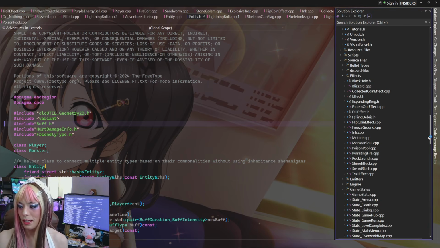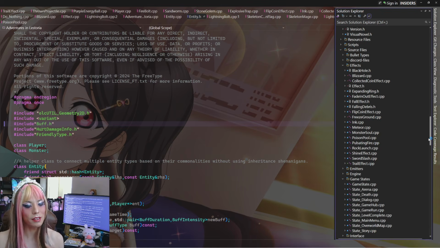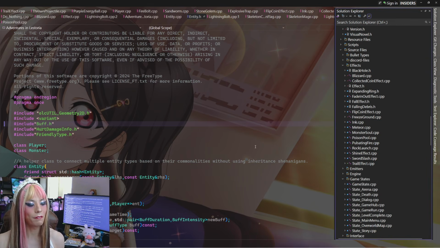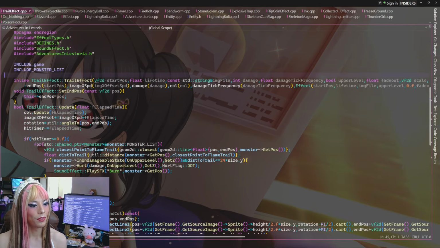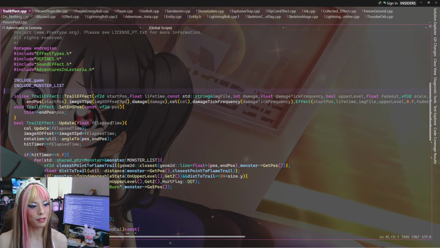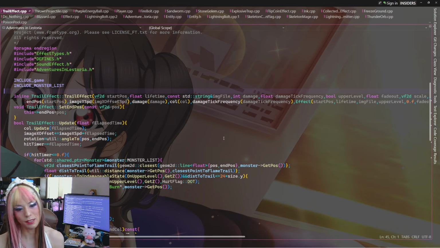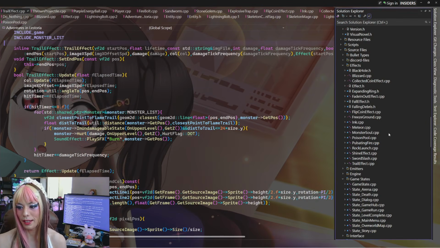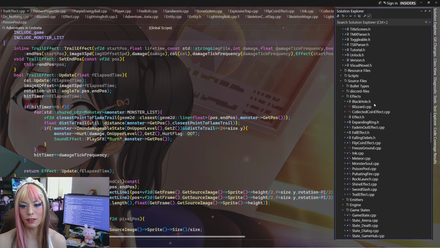The reason for doing that is because I believe we run into an issue where we have to reference the header file in the effect types header, but then we need to reference the effects header inside of the actual class itself. So I think we found out that for trail effect, we would need to reference an effect and vice versa. And that wasn't possible like that. And then I think the same thing is going to happen for the others.